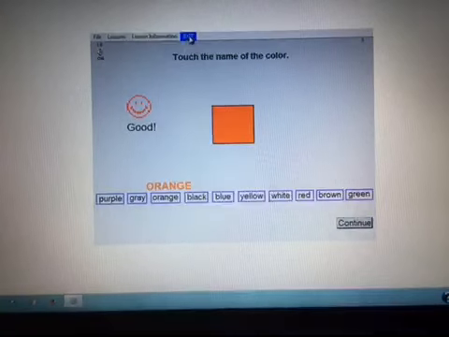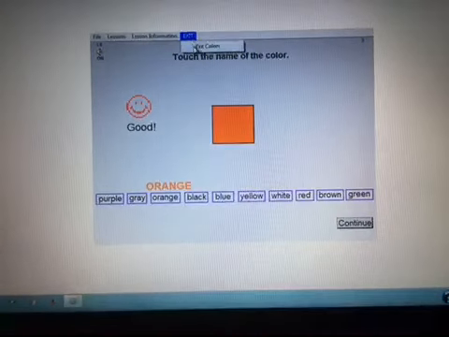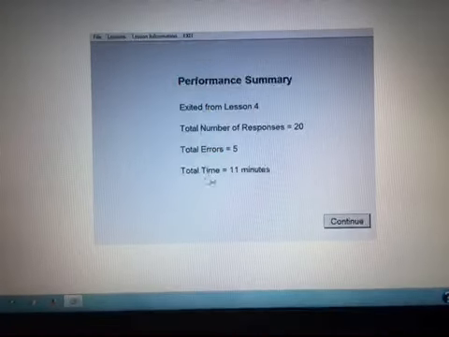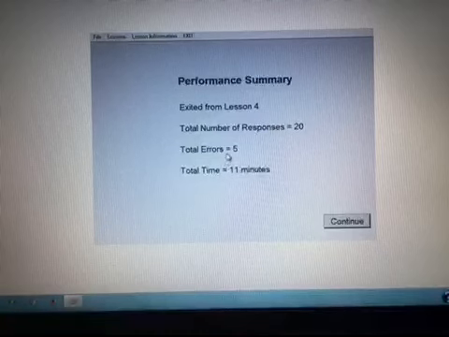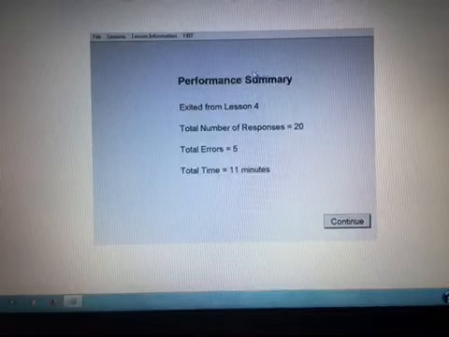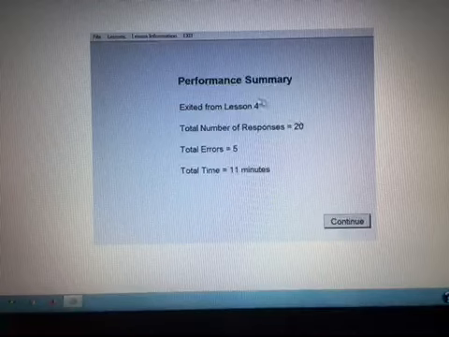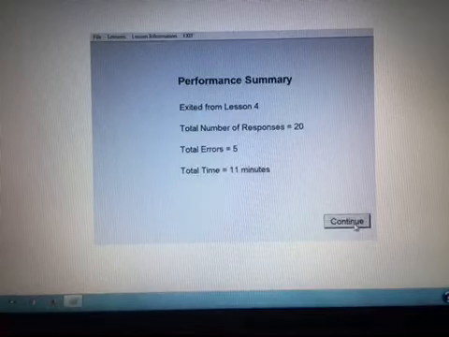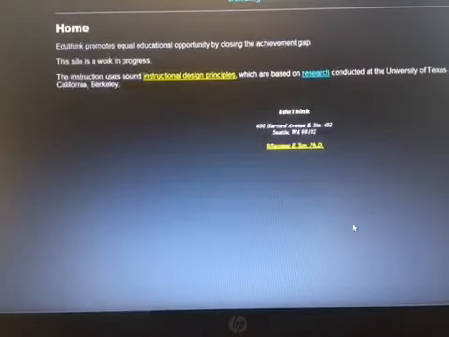Let's now exit and see what happens there. We have spent 11 minutes. We made 5 errors, 20 responses, and we're exiting from lesson 4. So this is the information that a helper would have on the student's performance. And we are now back to the